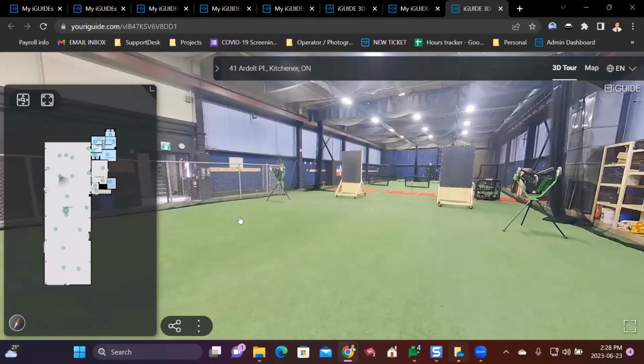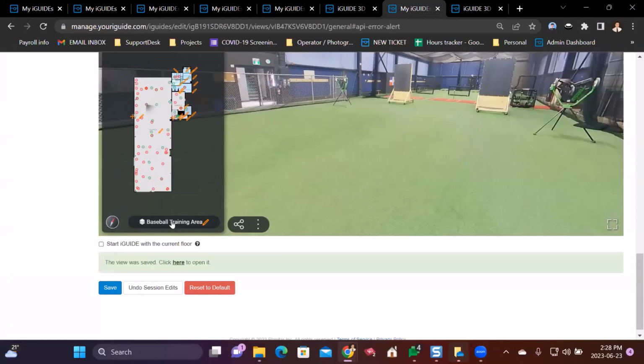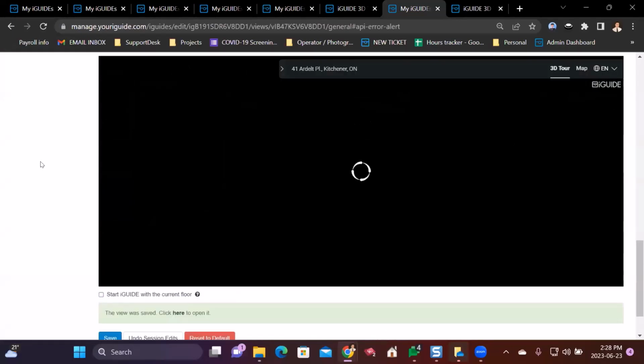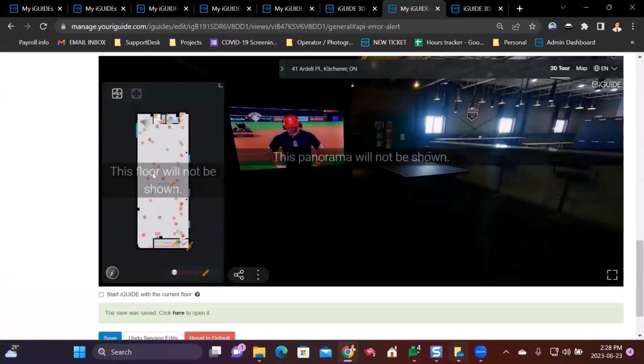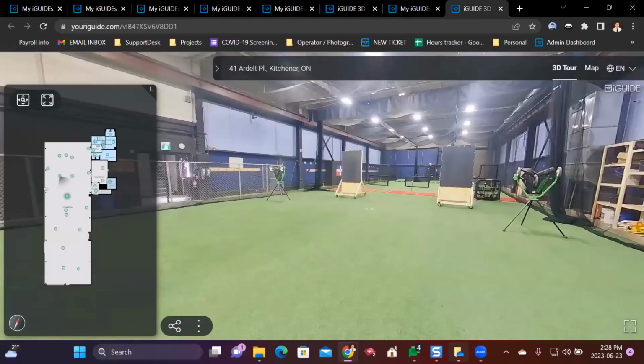So you saw that I disabled that floor. We know that there's a second floor here and it's appearing in red, but because we disabled it, it'll give us a notification here saying this floor is disabled. This floor will not be shown. But when I actually click on the public iGUIDE, that entire floor doesn't even show up. So it's as if that floor is not even there as far as the public is concerned,